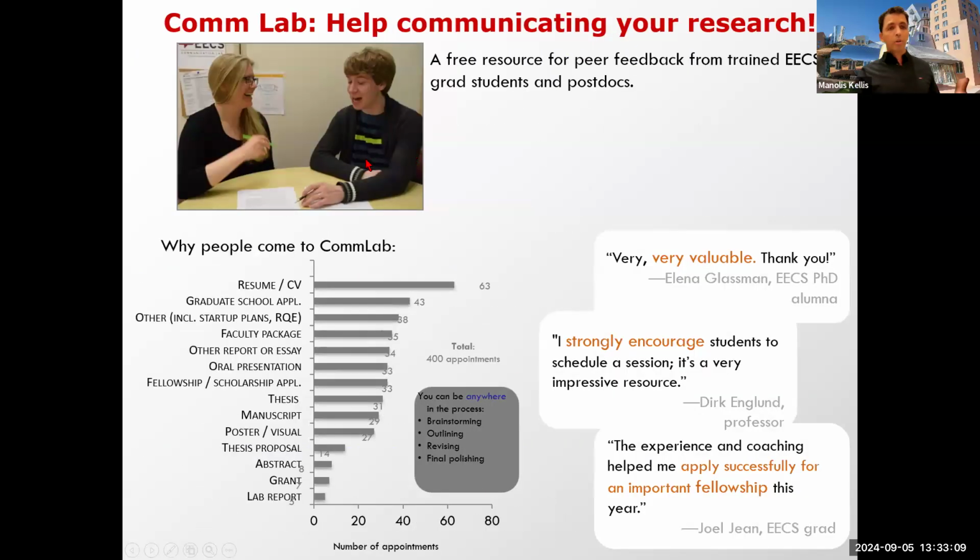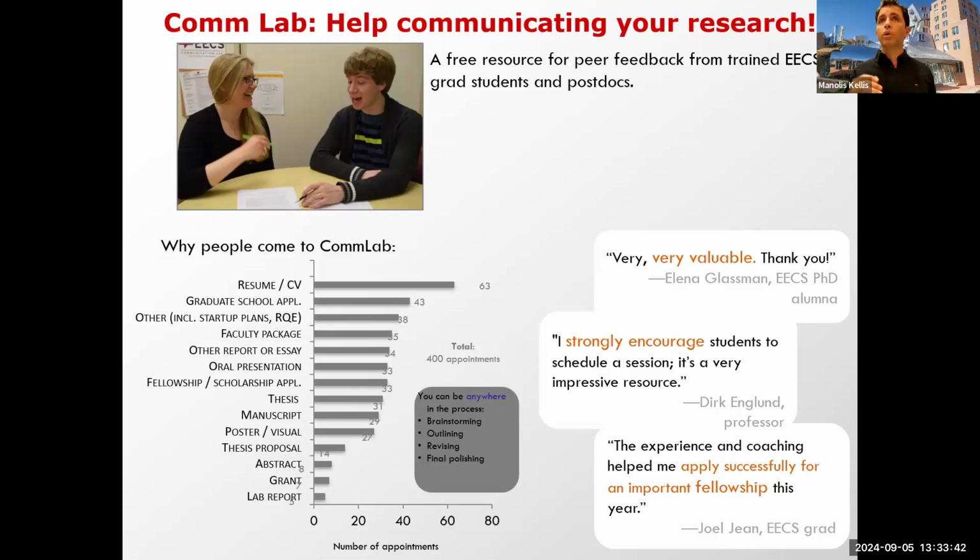We also have partnered in the past with Communication Lab, which is really awesome and allows people to strengthen their writing skills, their presentation skills, et cetera. We have also engaged a personal private tutor for every one of you who is extraordinarily smart, is able to pass the bar exam, apparently, according to the news. You know who I'm talking about: ChatGPT, our best friend. So ChatGPT is okay. We want you to work with ChatGPT.